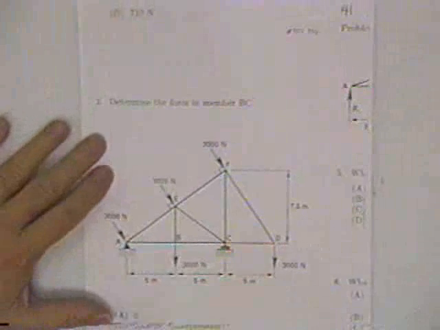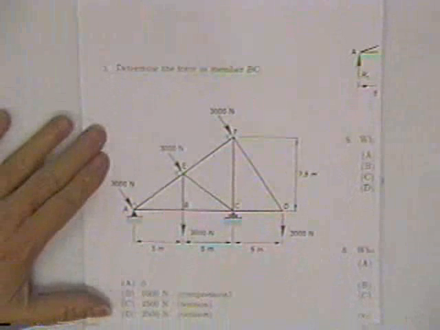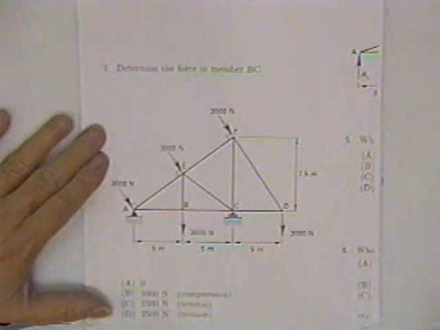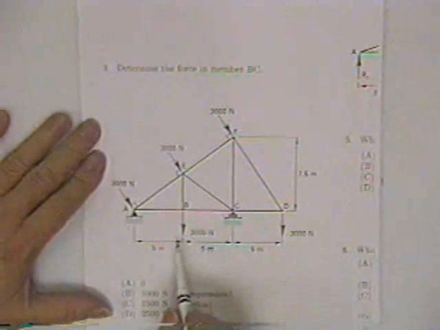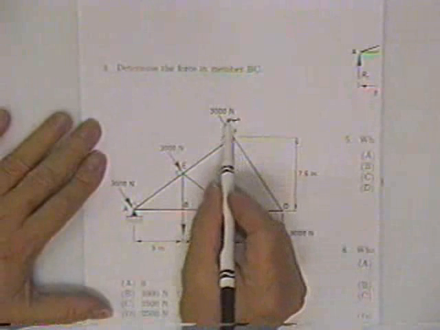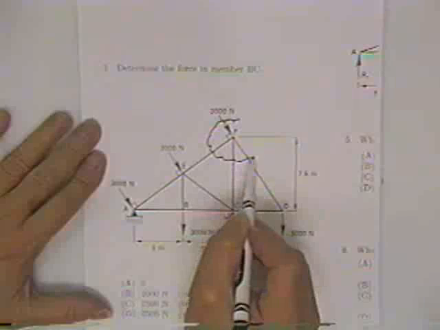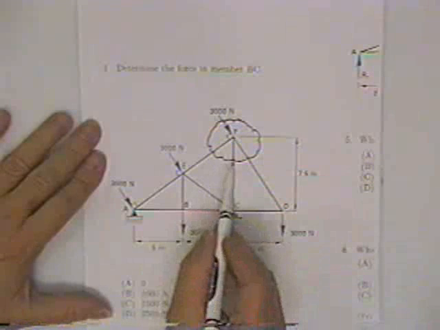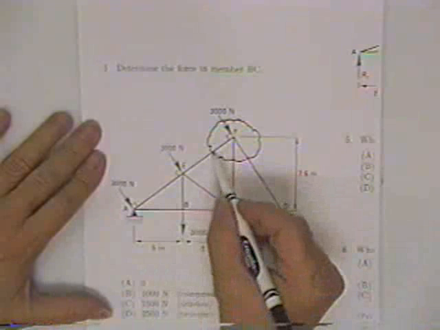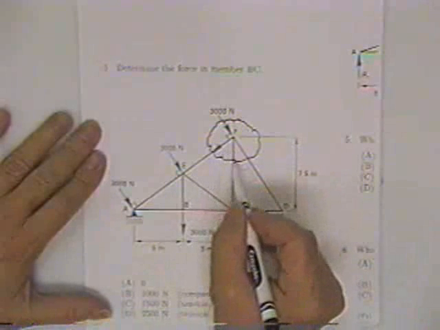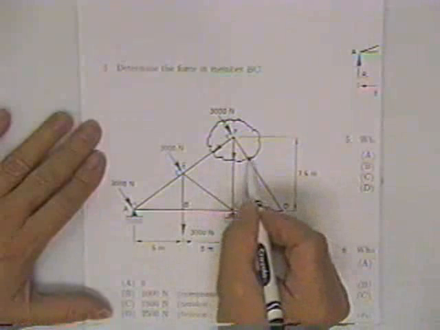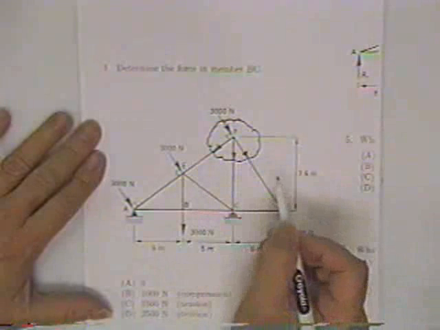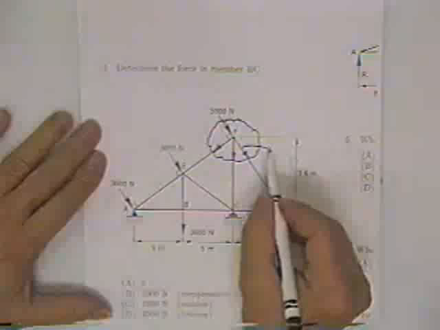Now, I notice on the question on this particular one that we got out of the book, it says all it wants to know is the force in member BC. Well, generally speaking, you cannot come in here and just cut a joint out and get much out of it. I mean, you're welcome to cut this joint out. You're welcome to show the forces now exposed because you cut that free body. You're welcome to give this force a name,